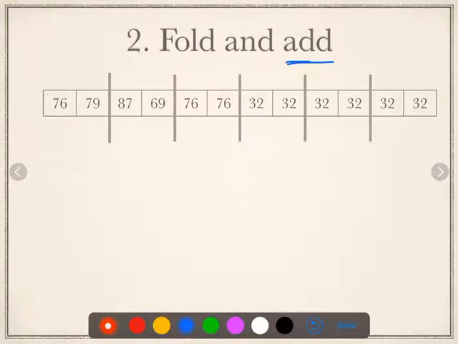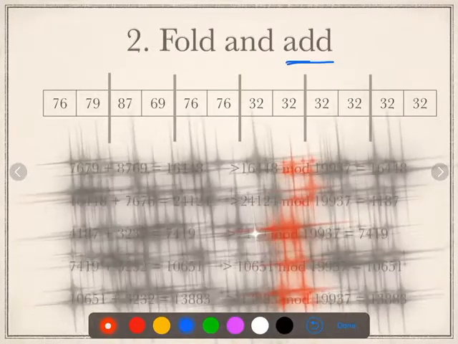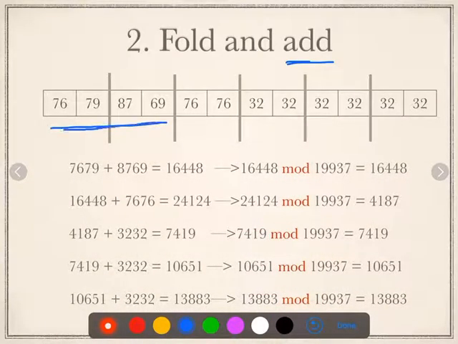So for example, let us see 7679. Initially we are going to add only these 2 numbers. After adding these 2 numbers, to make sure that it does not cross your maximum integer value, we are just doing a modulus with some constant number. We are going to choose this as a prime number because prime numbers usually distribute the data more evenly. So we have chosen a prime number. This prime number can be any other value. It is not necessary that you choose the same one. So we are doing a modulus of the sum with the value 19,937. Since it is not divisible, we will get the same value.